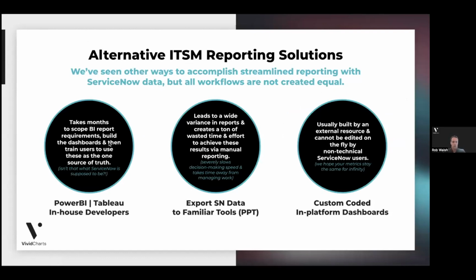So on the left-hand side of the screen, every single VividCharts customer has a Power BI or a Tableau or some sort of BI capability in-house. Now, this is a very important functional part of the enterprise, but when you look at ITSM reporting, most of the data actually just lives in ServiceNow. And when you have to take the data out, outsource the reporting to a separate team of resources that has